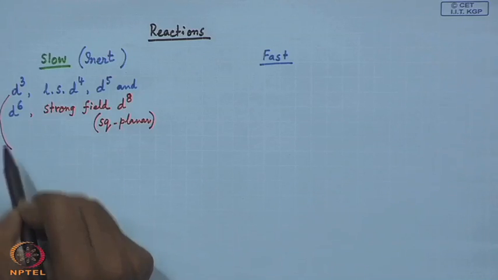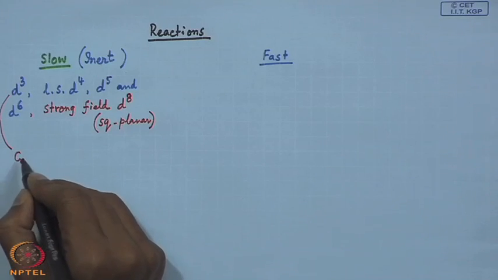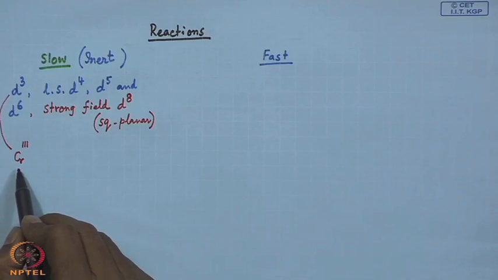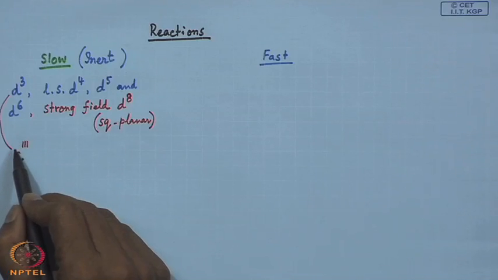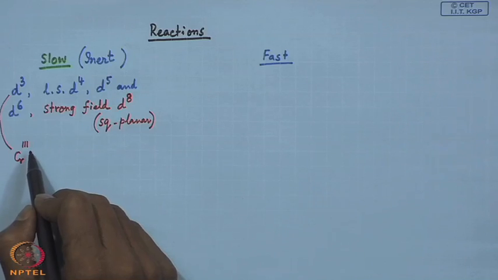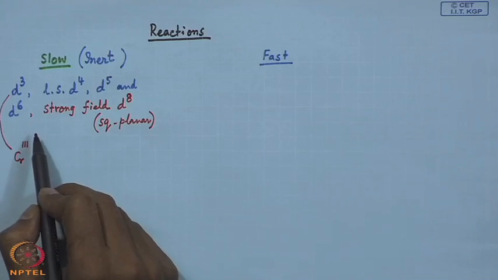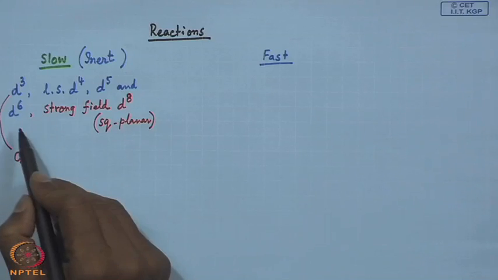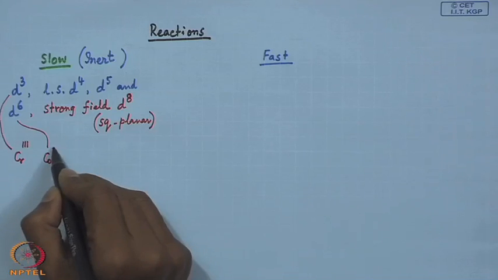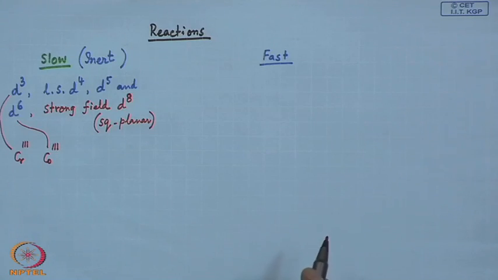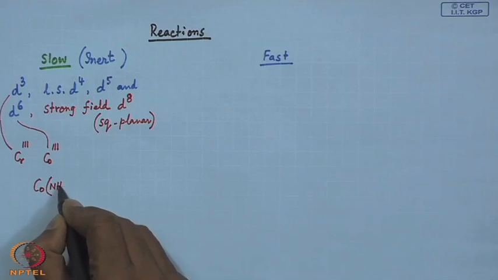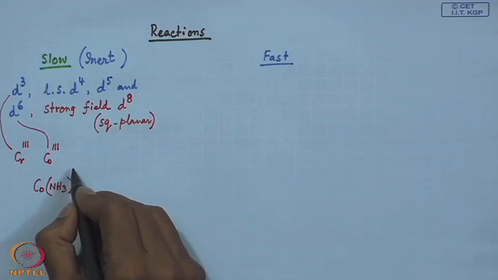This d3 electronic configuration, we all know, is for chromium 3. If we have a chromium 3 compound with only 3 unpaired electrons in the d orbitals, then this can react very slowly for ligand substitution, even for water exchange reactions. Similarly, for d6 configuration, we have trivalent cobalt, which we have also seen in the hexaamine cobalt 3 compound,